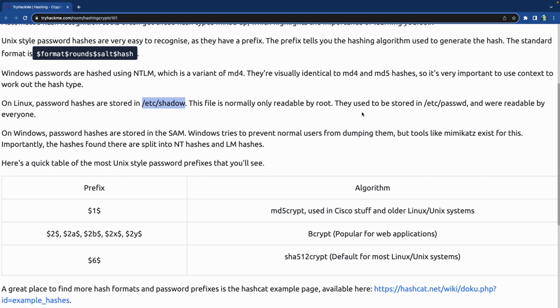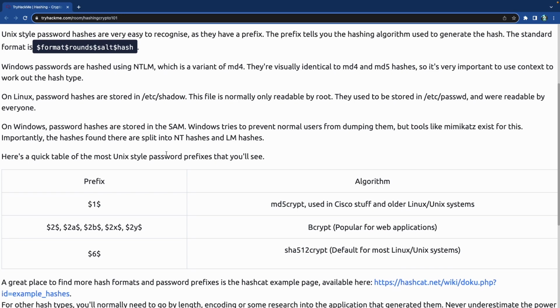They used to be stored in /etc/passwd, which is no longer the case, and it's very misleading because it looks like the passwords are in there, and they're readable by everyone, but you can get information out of this file to get the information to log into this file. So yeah, all that stuff is fun little labs to go through later on.